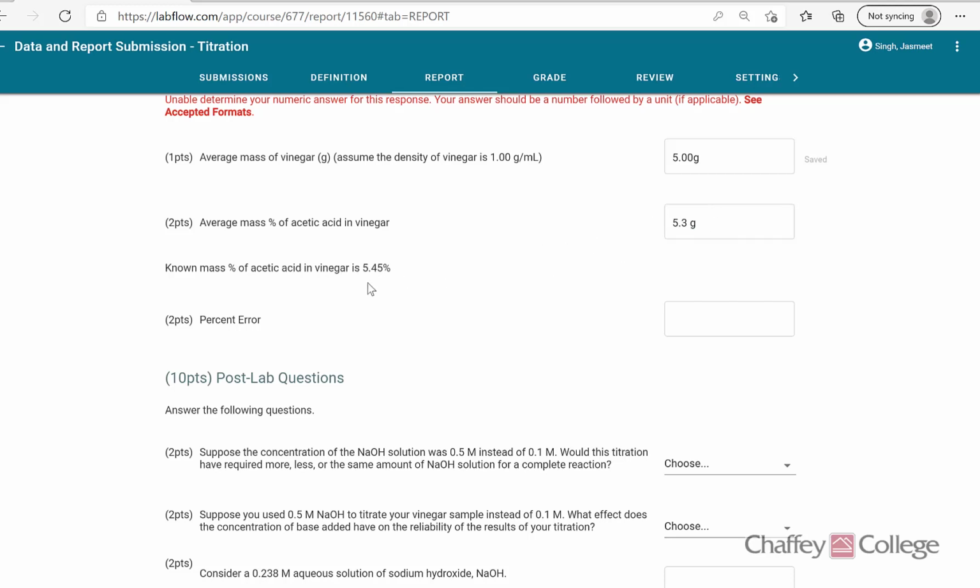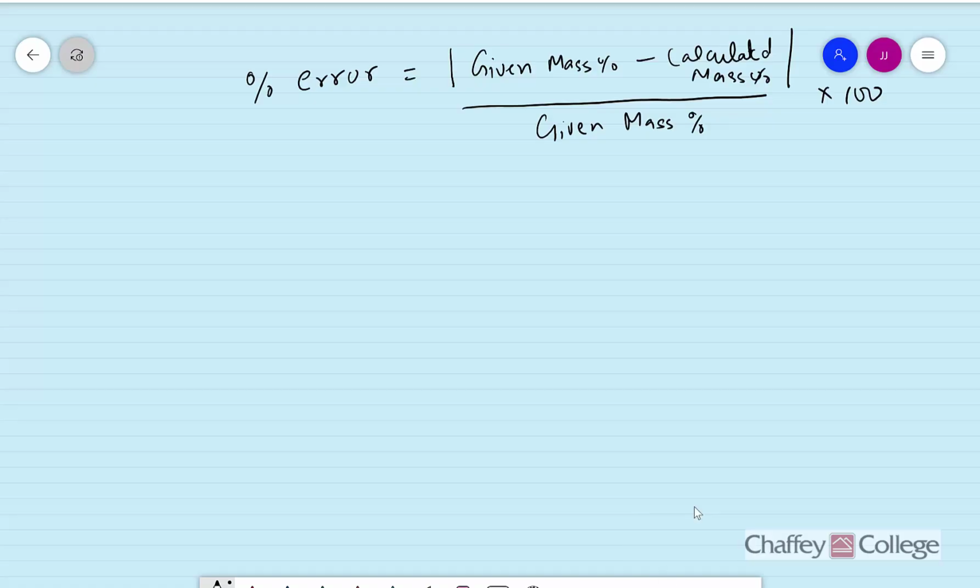Using these two numbers, we can calculate the percent error. So let's plug in those values. Percent error will be equal to, given is 5.45 minus calculated was 5.3 divided by 5.45 multiplied by